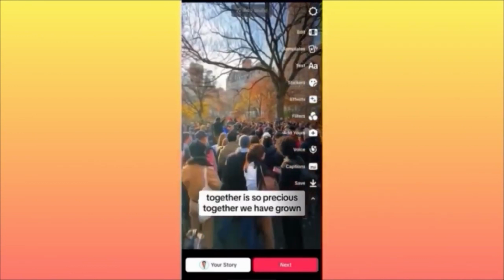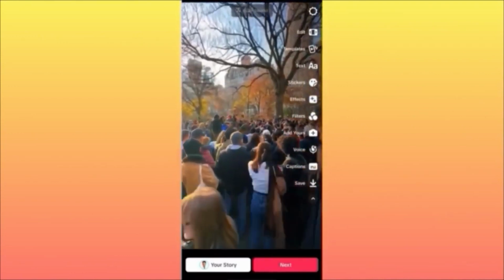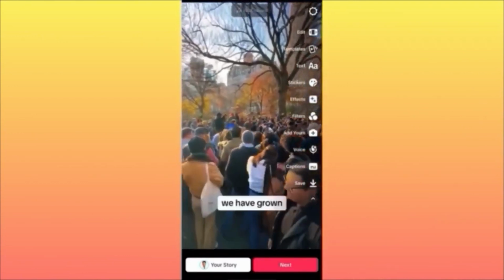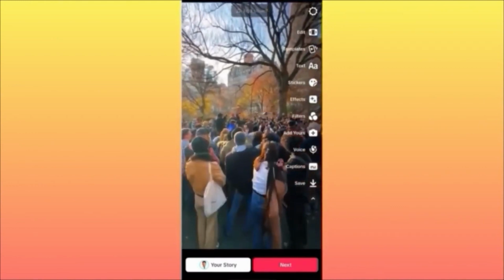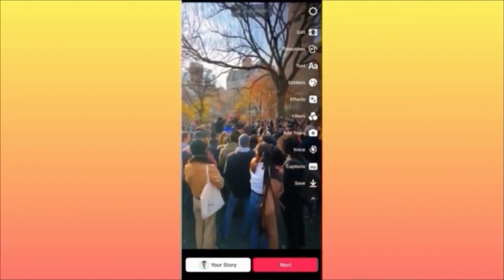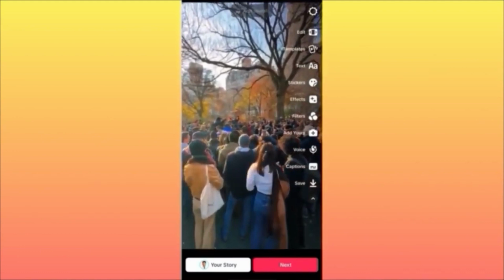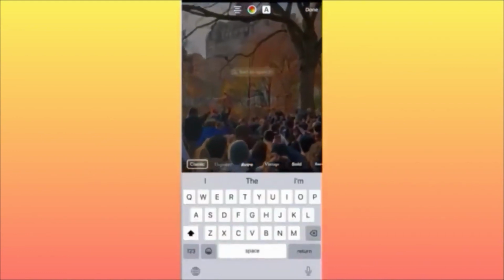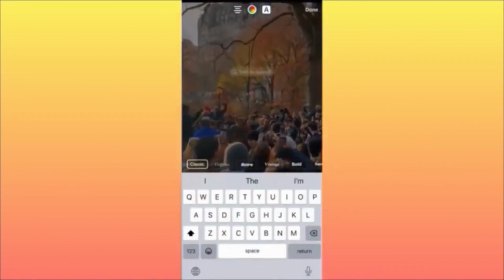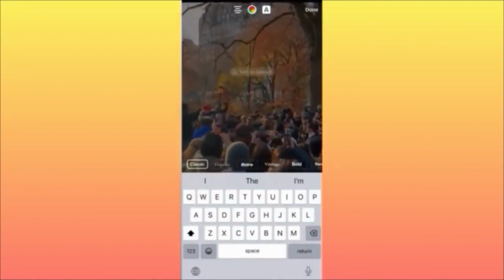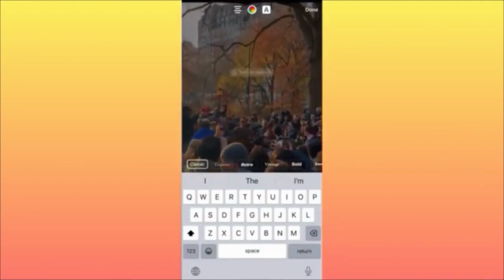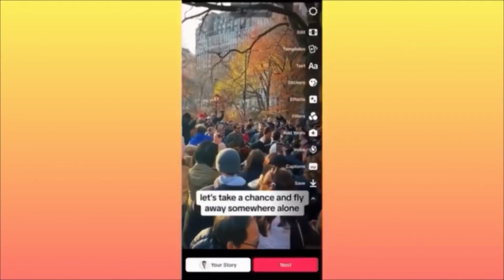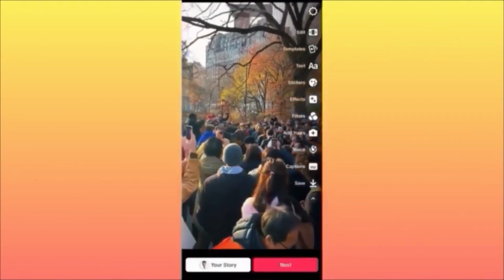You can use text in this particular case to simply put a title, so you can direct the audience to what they're expecting to see, or you can simply map up the location, even though you do have the options later on to tag the location. In our case, we are going to use the text just to pinpoint where it is and what is happening